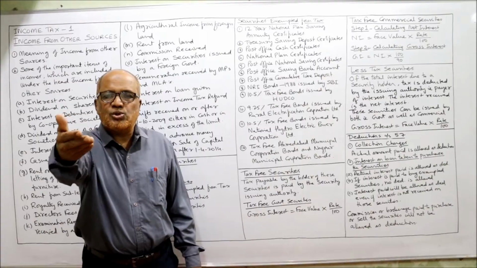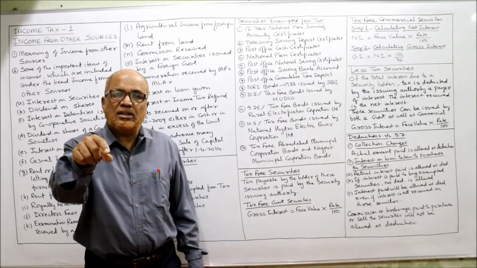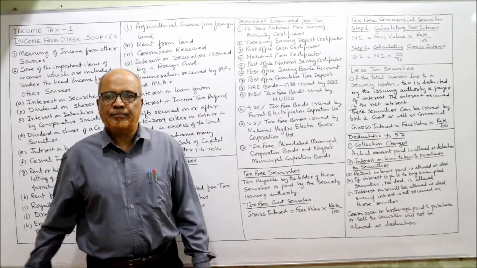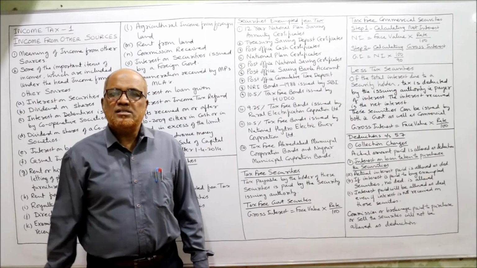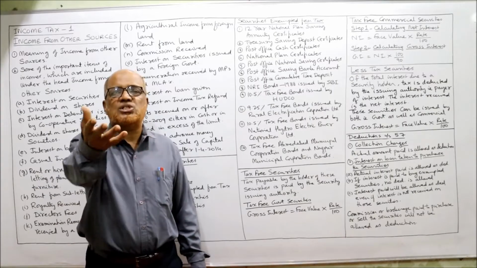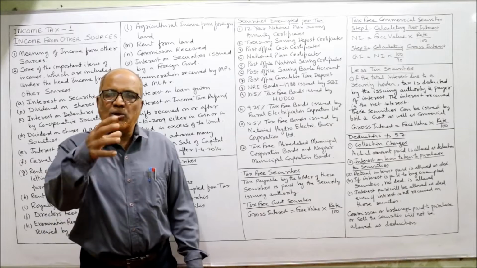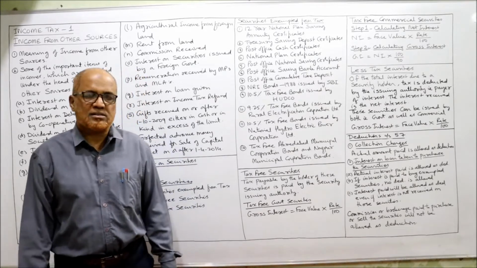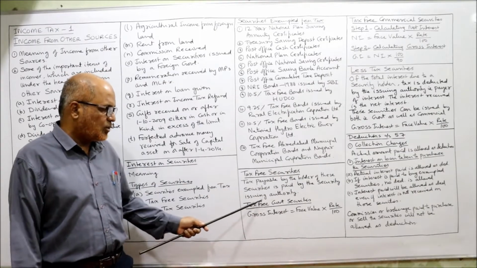Suppose a company issues tax-free securities. In that case, the tax on the interest of those securities will be paid by the company itself. The company is paying the tax on behalf of the security holder. Suppose a government issues a tax-free security, then the government will pay the tax. The issuing authority will pay the tax. That's why it is called tax-free securities. And the tax payable by the holder of this security is paid by the security issuing authority.